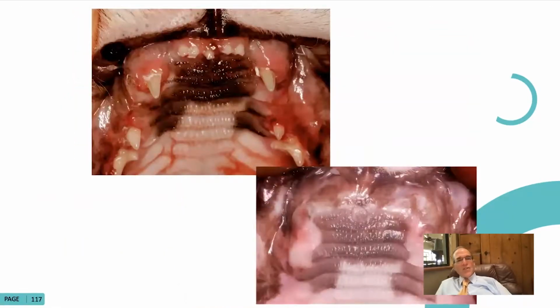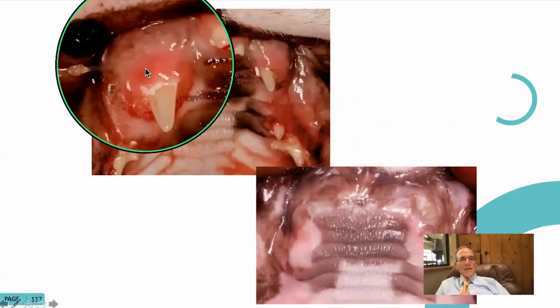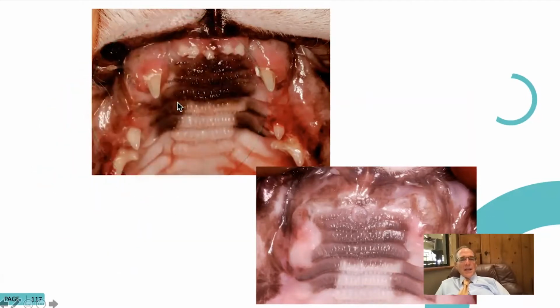And the reason why I decided to do full mouth extraction is because every tooth appears to be affected. So you take it out. And I generally do this in one sitting because I have good helpers, but you could do this in 2 or 3 sittings. Just tell the clients beforehand, this is going to take some time. It's going to take about a month to accomplish, and we're going to do one quadrant at a time, or the maxilla one time and the mandibles the other time. You don't have to do it all in one sitting.